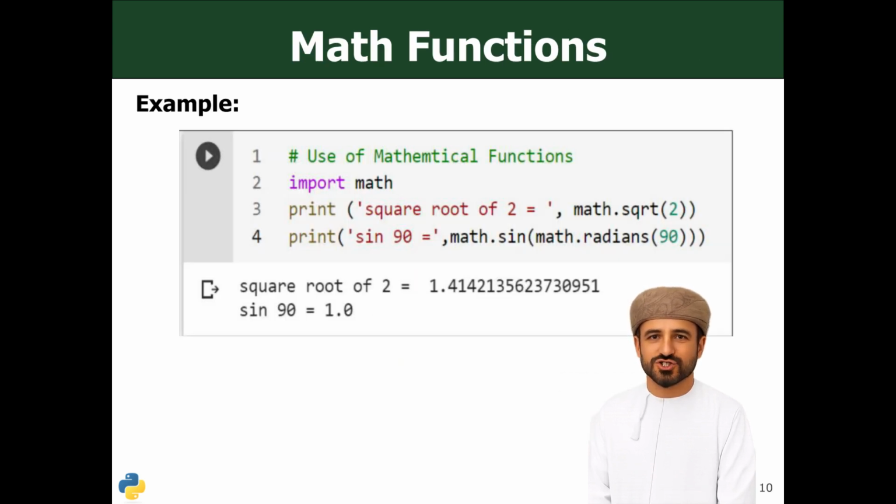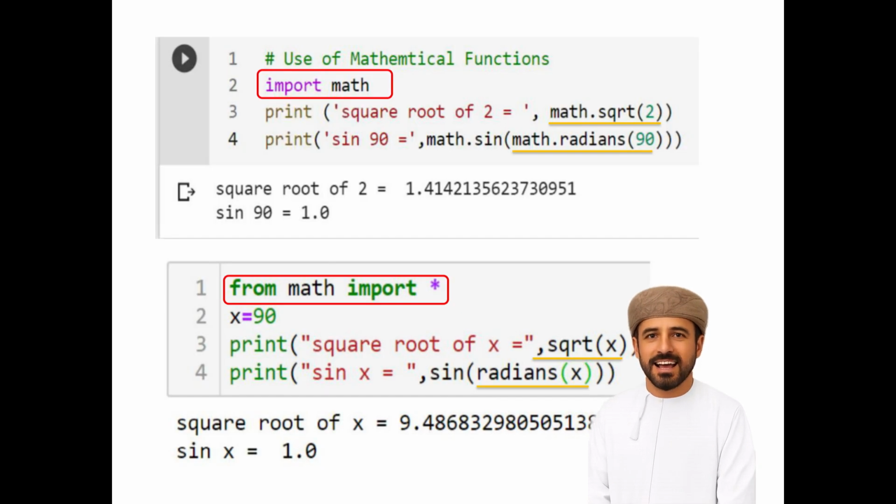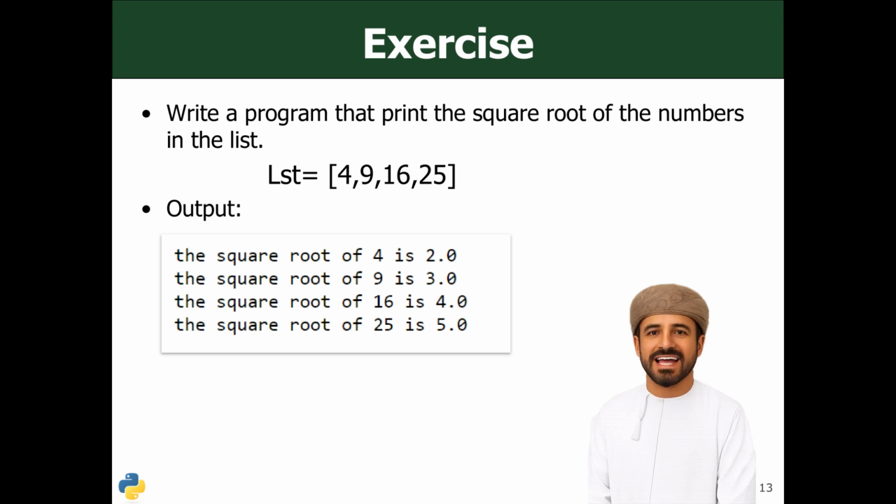Here's an example demonstrating math.sqrt for the square root of 2 and math.sin for the sine of 90 degrees. Alternatively, import all functions from the math module using from math import *, allowing calls like sqrt without the math prefix. This slide illustrates both methods of importing math functions, importing the module or importing all functions directly, and their usage. Now, an exercise. Write a program to print the square root of numbers in a given list, such as